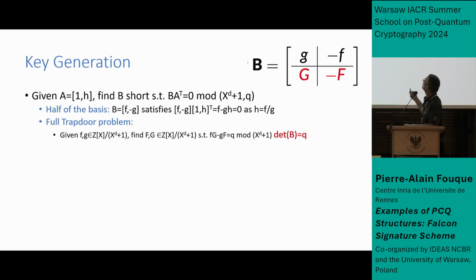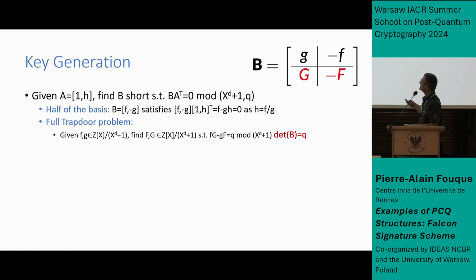Now you have a part of the basis, and you want to find another pair of vectors, called capital F and capital G, so that the same equation holds: capital F minus capital G times H is equal to 0. This is not a completely easy problem, but since we already know part of the short element, small f and small g,